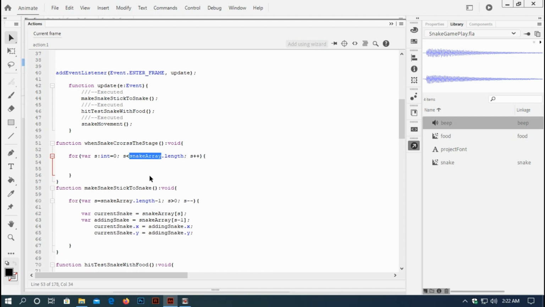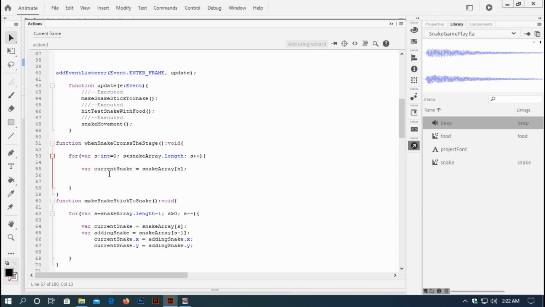I will make another variable for this snake array by typing var current snake equal to snake array s opening closing bracket, and here I'll put a condition by saying if current snake dot x less than 0 minus current snake dot width, or current snake dot x greater than stage dot width plus current snake dot width,